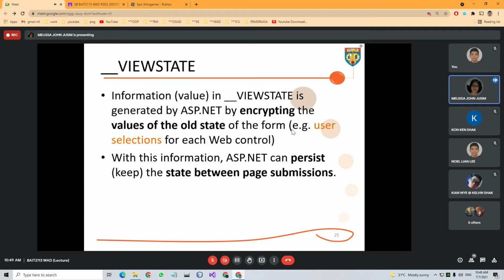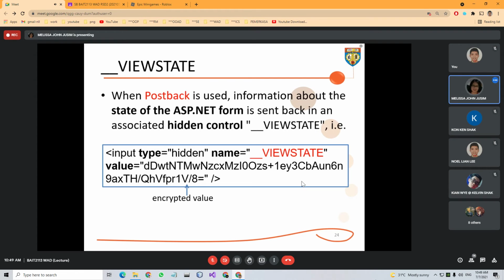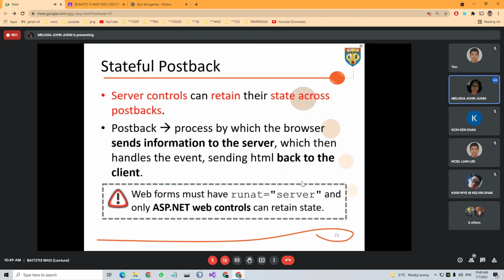With this information, ASP.NET can persist, meaning keep the state between page submissions. That is how our ASP.NET Web Controls can retain state.